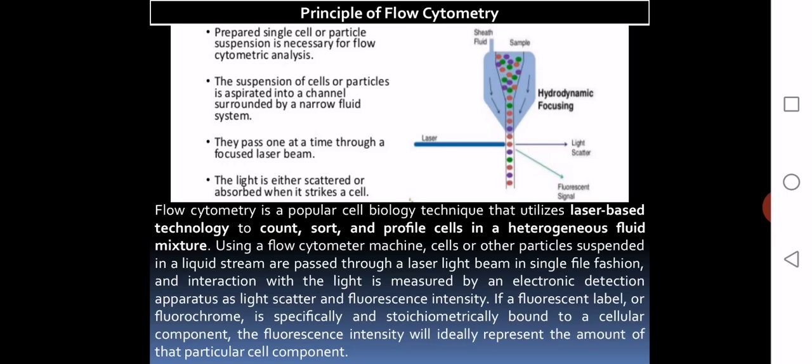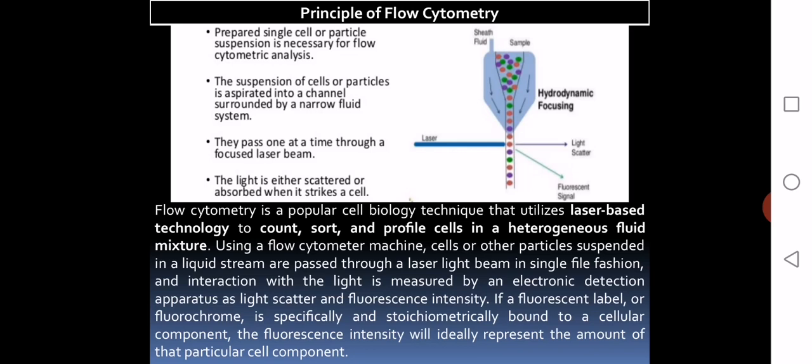In brief, I am not explaining the elaborate mechanism of flow cytometry, but giving you only a brief idea. The cell suspension is usually prepared in a liquid sheath or liquid stream, already stained with a particular stain or different stains, and these cells are passed through a small channel, and this channel has a laser beam connected, and the movement of the cells through the channel is in such a way that only one cell passes at a time, just like we already saw in the electronic